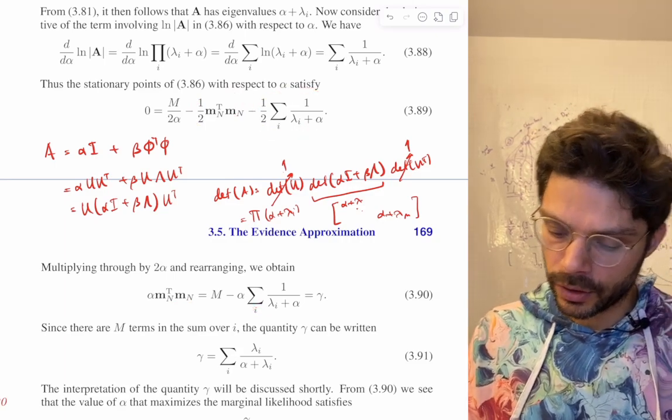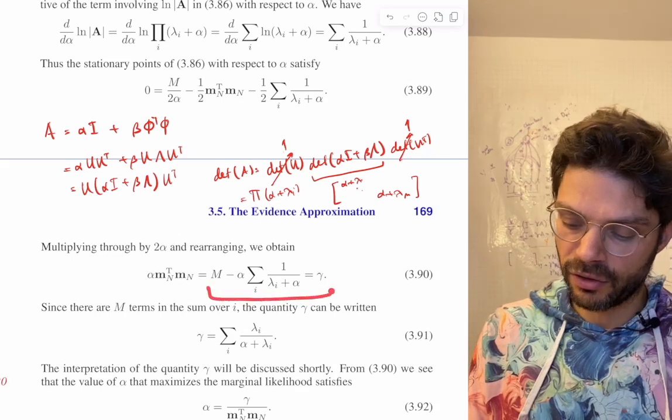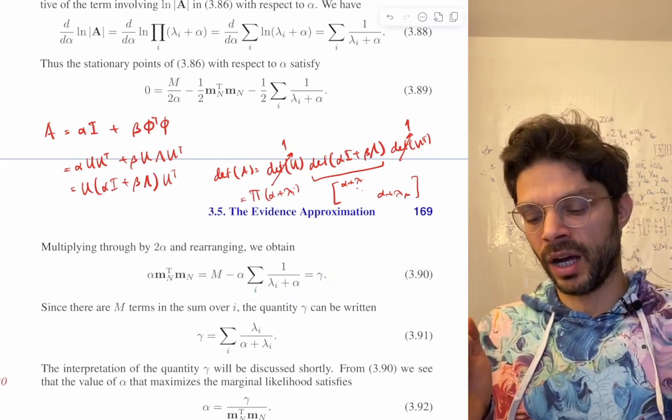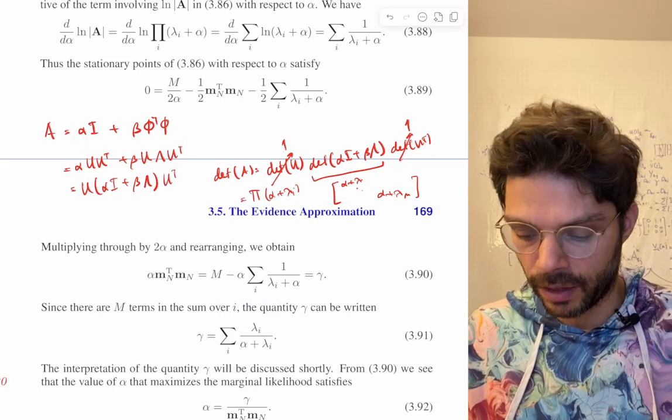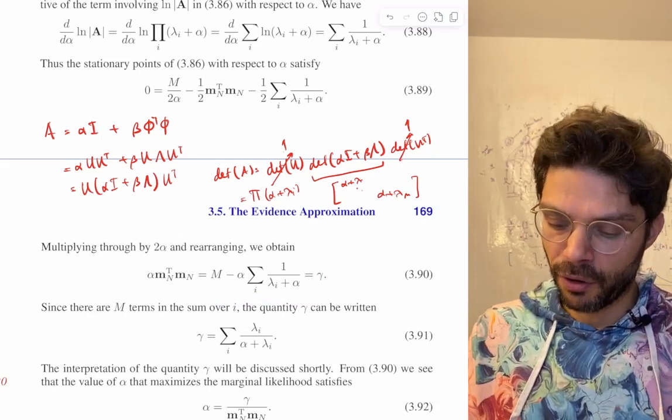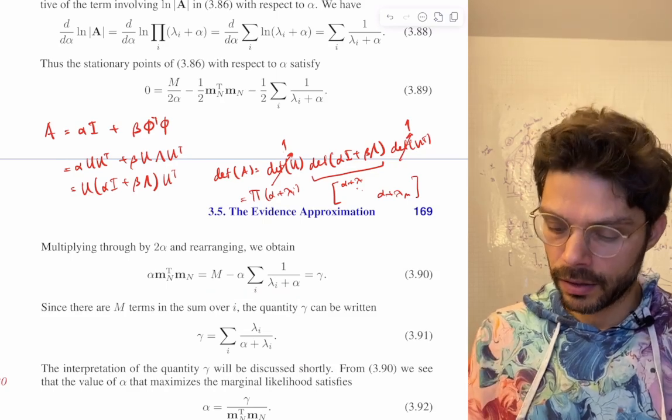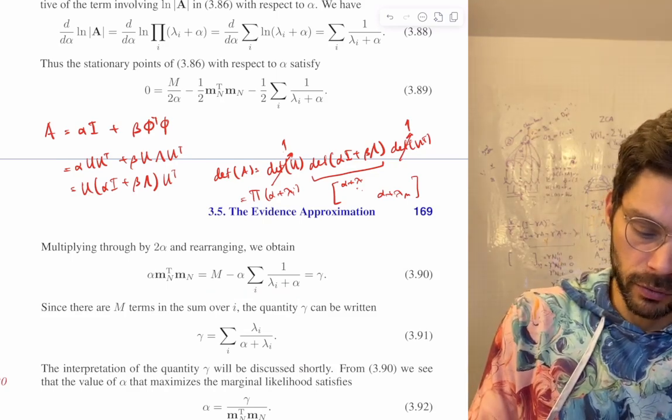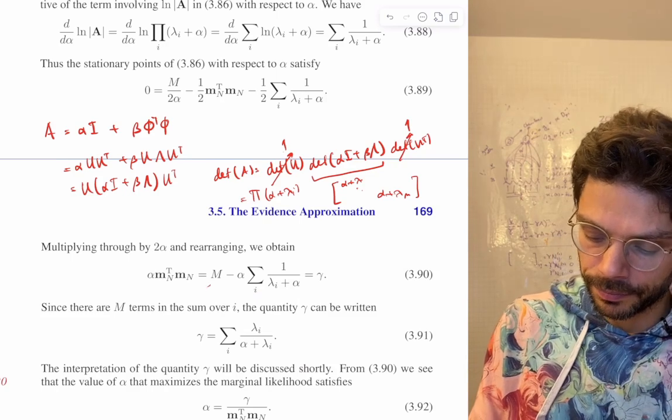And now we're going to define this term as gamma, and it's going to come up in the next section. It has a very interesting property. But the very first thing you should notice is that you can actually simplify this, because you can write m